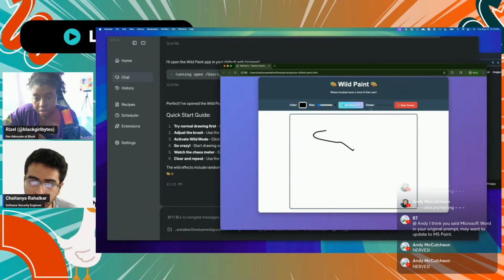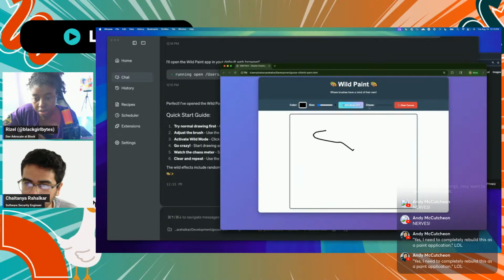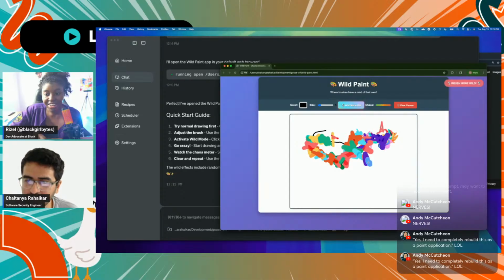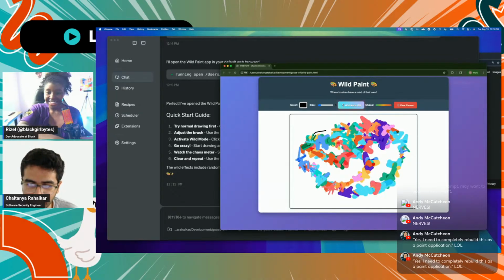And let's see, it also created this button called Wild Mode. And it also created, I think, this chaos. Maybe this is not working right now, but oh shoot, it's doing it. It's basically just selecting random colors and going in random directions.